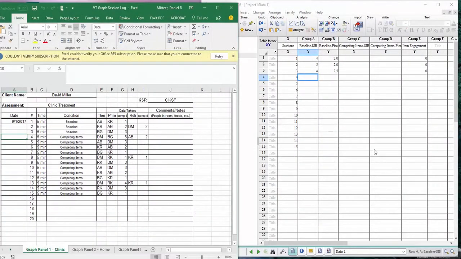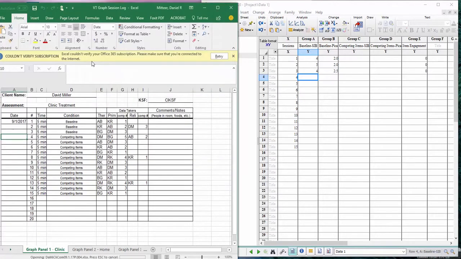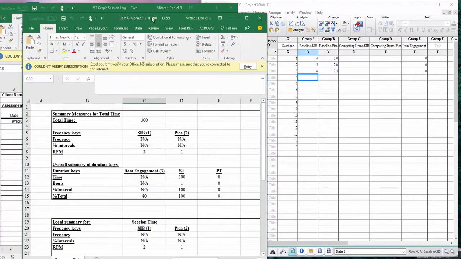Okay, now that we have all 3 sessions of baseline input into our spreadsheet, it's time to switch over because as you can see on our session log, we started a competing items treatment condition at session 4. So we're going to go to session 4. As you can see, our title of our raw data file has also changed. So now instead of baseline, it says COM, which stands for competing items. So we're going to go to that data,